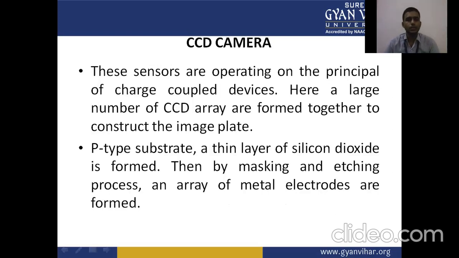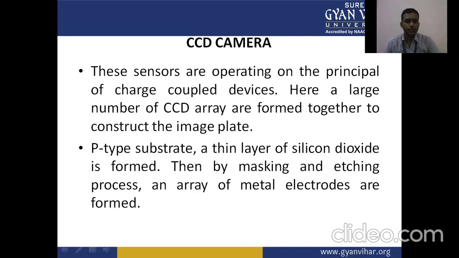Now come to the CCD camera. What is the CCD camera? In the previous lecture, we have already discussed the camera tubes, and now we have to discuss the CCD type of camera. In the previous lecture, we discussed the Vidicon camera tube, its working principle and advantages, and other camera tubes. We also discussed the types of camera tube, construction, working principles, and how the image is converted into the electrical signal through camera tubes.